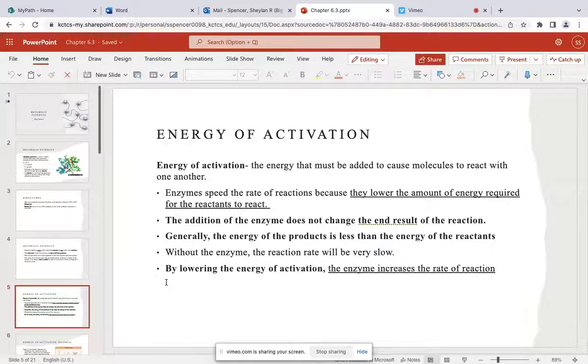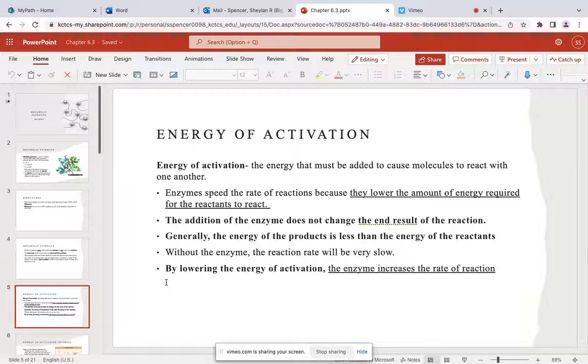Let's say, I'm going to make this up, that typically this reaction happens at 500 joules, but we add an enzyme in and it happens at 250 joules. I don't even know if that's the right terminology, but essentially it works for our process. You see that adding the enzyme is essentially lowering the amount of energy needed for that reaction